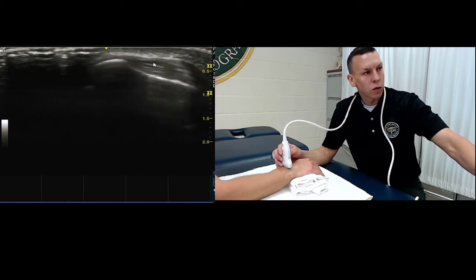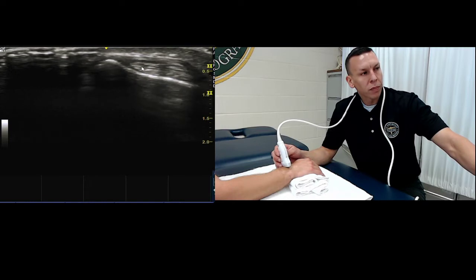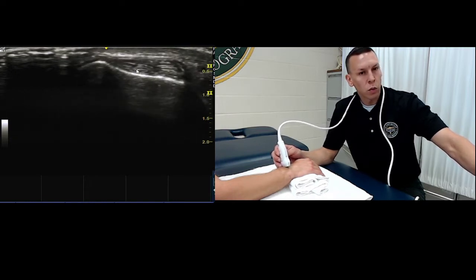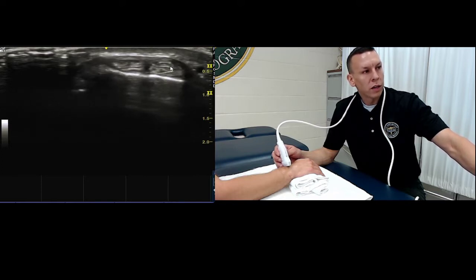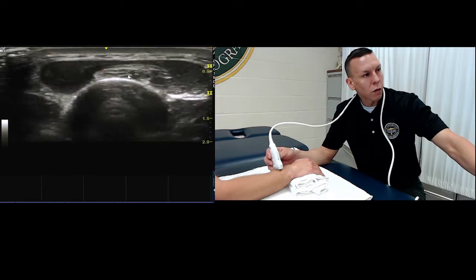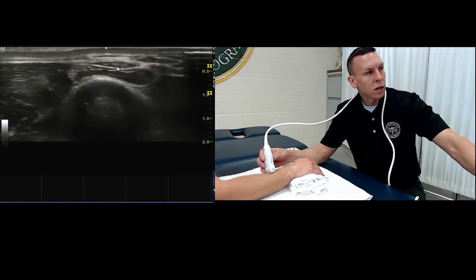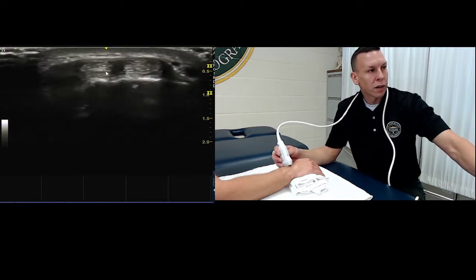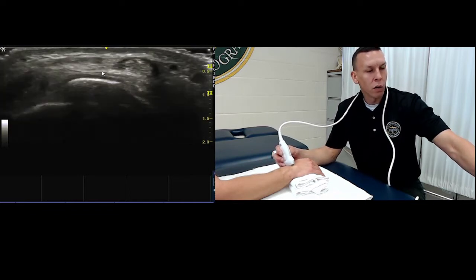So as soon as you come over onto the radial aspect of the wrist, or towards the thumb, you're going to see this is actually the second compartment, and this is 1 and 2 tendons right there, and that's the extensor carpi radialis brevis and longus. We can slide up the forearm and look at those tendons as they turn into muscle, and then we can slide all the way back down the wrist as well, and we can follow those all the way from